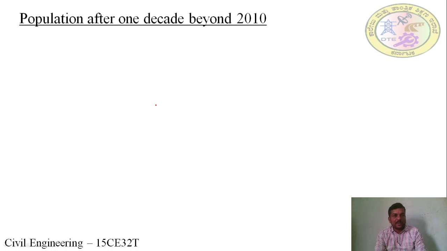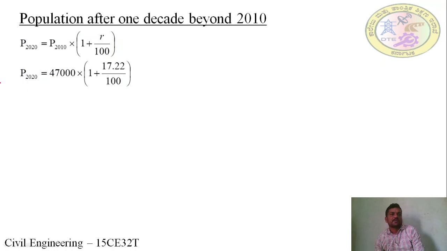We need to find out the population one decade beyond 2010, that is the population for the year 2020. Here is the expression for the geometrical increase method, where R is the average percentage increase in population. We know the population for the year 2010 is 47,000. The R value we found in the previous slide is 17.22%. After substituting the values,